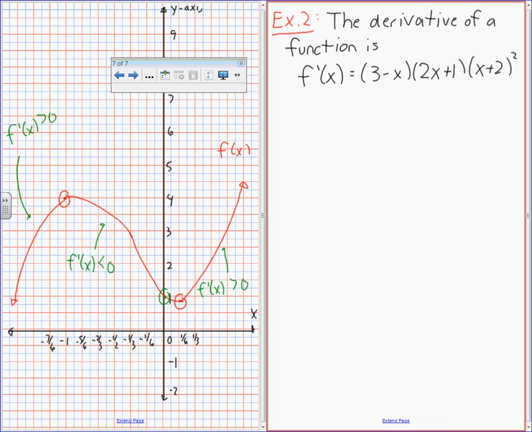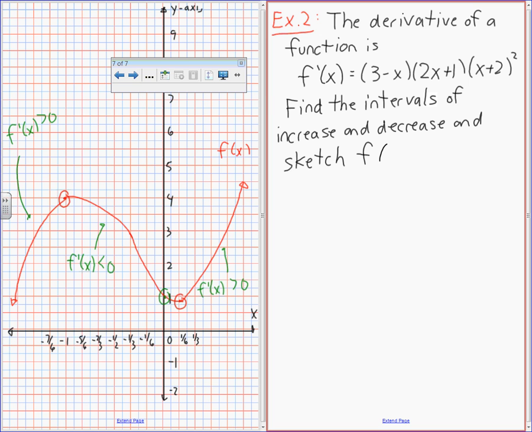We're going to say find the intervals of increase and decrease. And sketch